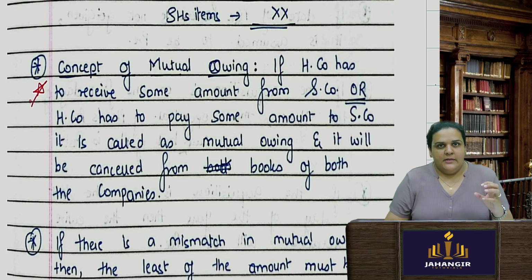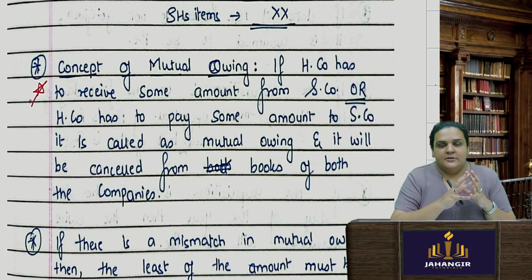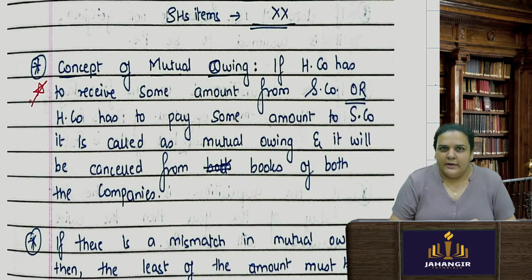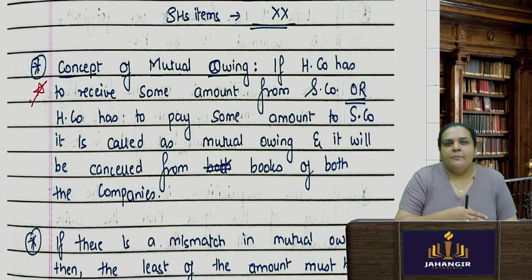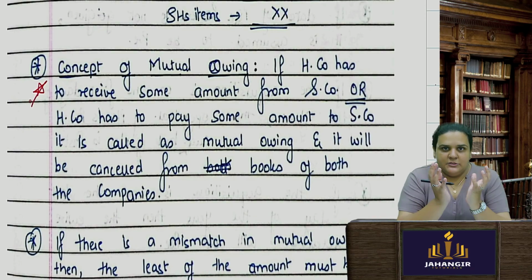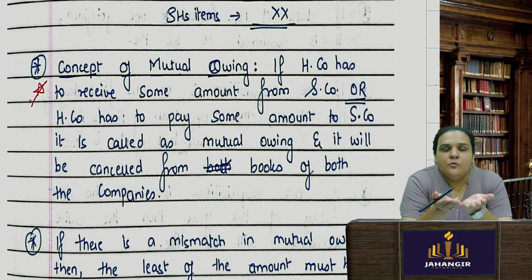Now since holding company and subsidiary company, okay, we all know that holding has got the shares of S Limited. It can be possible, no, that before they became holding and subsidiary, they were doing some business together. They were each other's debtors or creditors. They must be buying some goods from each other. So one could be a debtor, one could be a creditor. That can be possible. Okay, but when they will come together as a consolidated balance sheet, then what will I do of this type of